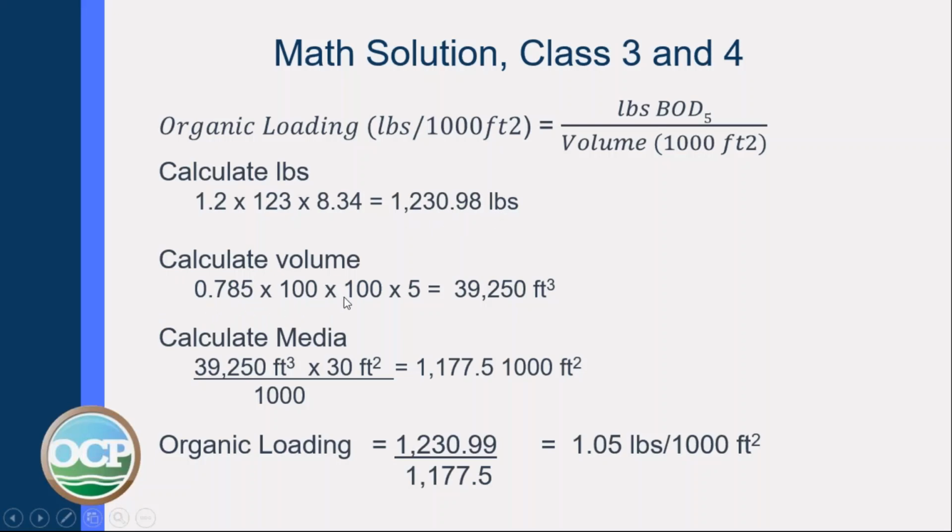Calculate the volume the same way. 0.785 times 100 times 100 times 5 gives you 39,250 cubic feet. Now we have to calculate the media because they want it in 1,000 square foot units. So take your volume, 39,250 cubic feet, times the 30 square feet of media per cubic foot in the tank. That will give you